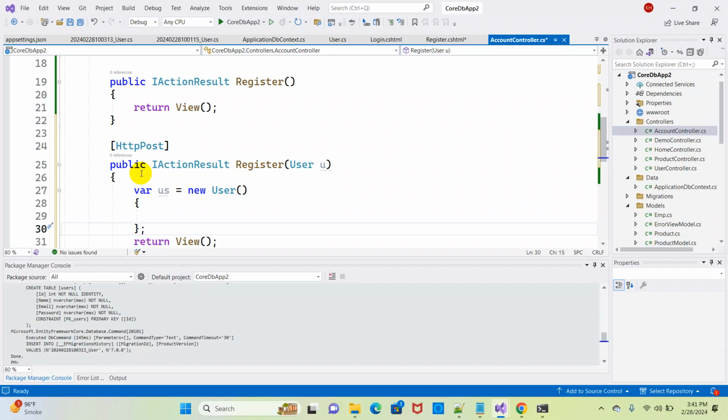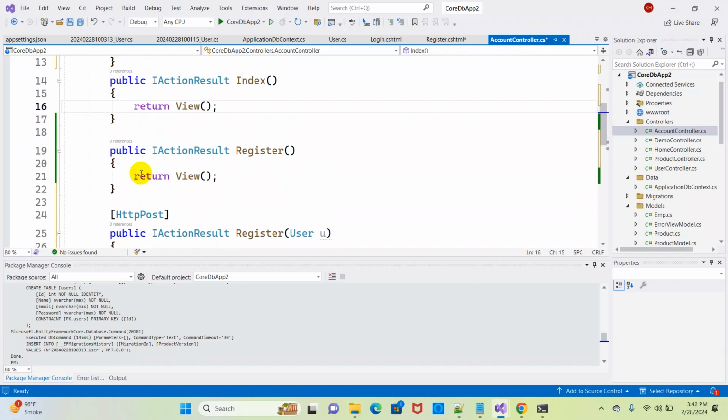Because I just wanted to use encryption for the password. When the password comes from your form, at that time we will apply the encryption first, and then we will save. Otherwise, here we will directly get the data from your form. If I save the same data, it will get stored into the table. What we are looking for is to store the encrypted password over there. So what we have to do, see here,